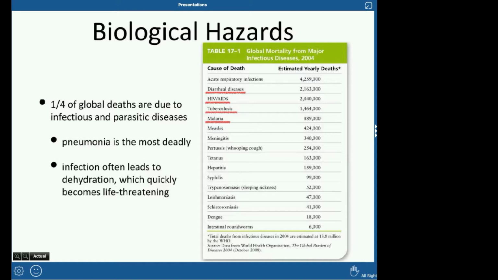A lot of these things are things that people get vaccinated for. We get vaccinated for measles in the United States. We get vaccinated for pertussis, whooping cough. I actually had to get a whooping cough shot while I was pregnant to pass some of that immunity on to my son while he was in the womb. The pertussis shot actually has the tetanus in it as well. I think we get vaccinated against tuberculosis and maybe even meningitis, but I'm not certain. But I know definitely measles, pertussis, and tetanus.